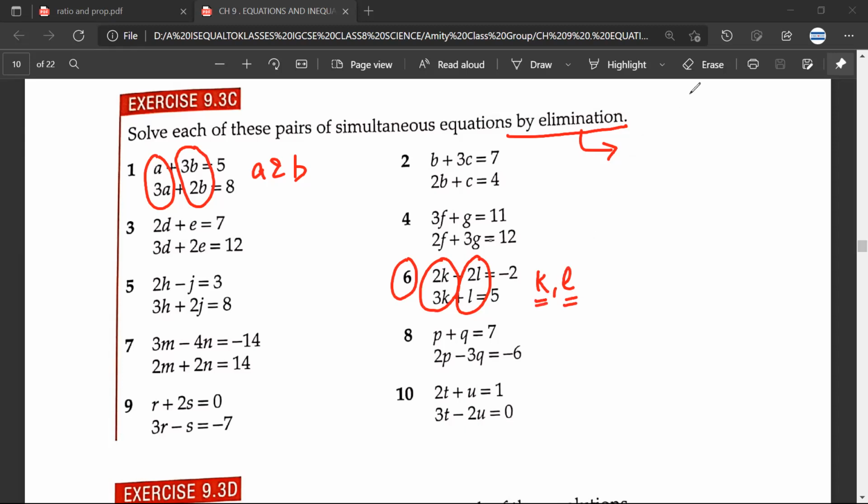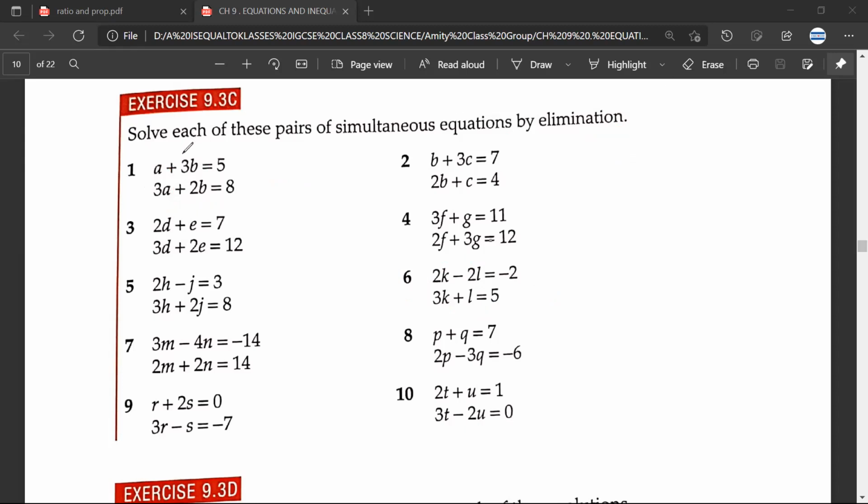But what is always recommended is just try to spend 30 seconds, 15 seconds, look at the equation and try to eliminate the easier option. So for example, in question number 1, eliminating a is an easier option. Mr. Arman, have you understood? Yes, sir. Of course, we'll see why a is an easier option. In question number 2, here, both of them are easy. b can be eliminated or c can be eliminated. We'll understand how to make out which is an easier option.